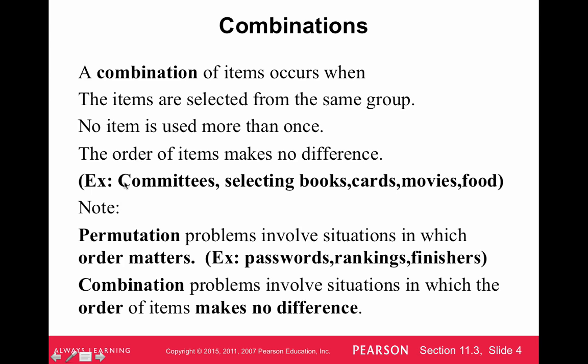I wrote out some examples here. So when we're selecting committees, selecting books, cards, movies, or food. So let's say you're going on a trip and you want to select a few books from your book selection, or movies from your movie selection, or food from the menu. Order doesn't matter. But permutation problems involve situations in which order matters, like when we make passwords from left to